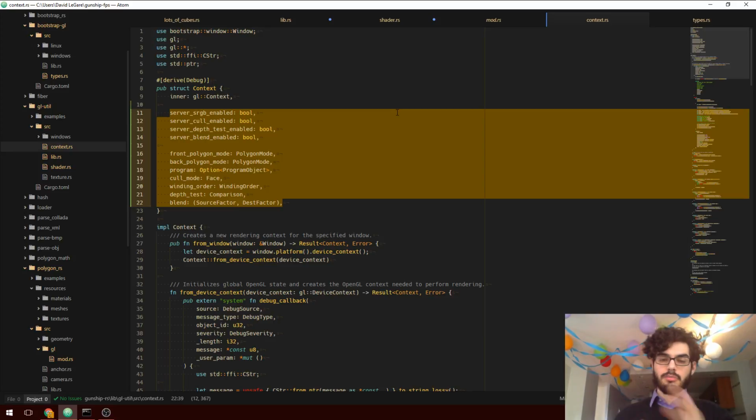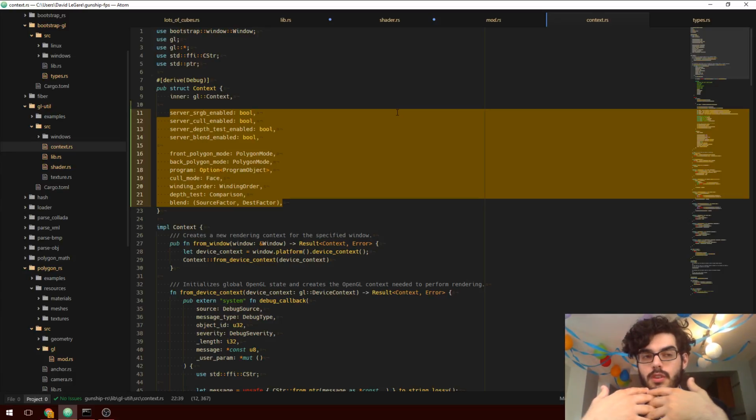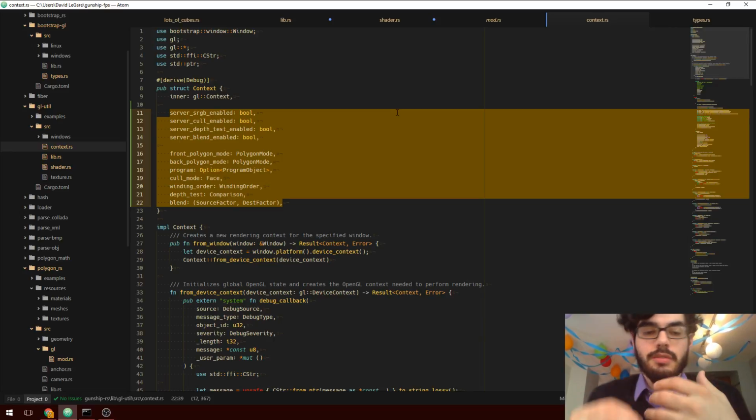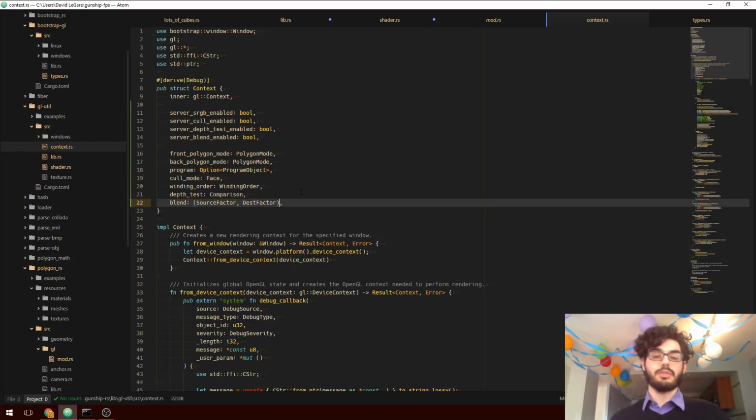Or do I want something in the middle where, let's say, GL util allows you to get a uniform object out of the shader, and then it maybe has some kind of type safety on top of it, or it knows what program it comes from, so you can't use it with the wrong program, but then you only have to retrieve it once and it can be reused in a type safe manner. I don't really know for sure what that's going to look like. So